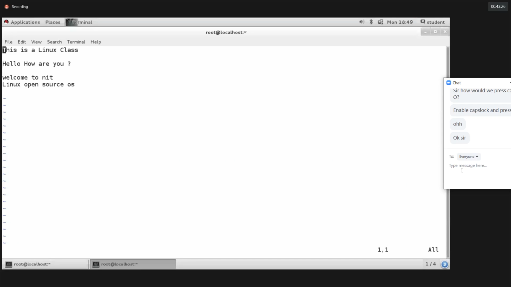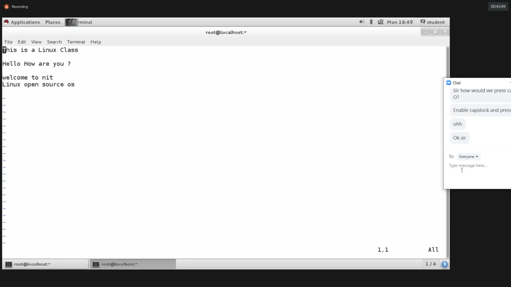It's not the start of the line, it's the start of the page. So maybe you have 400 lines in your file. I need to place the cursor at the start of the page. Maybe the cursor is on the 100th line, and I need to place the cursor at the start of the page.